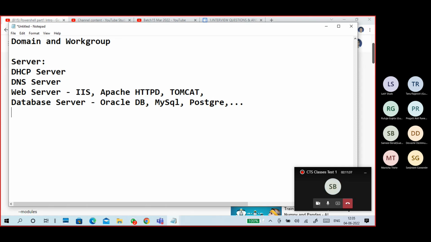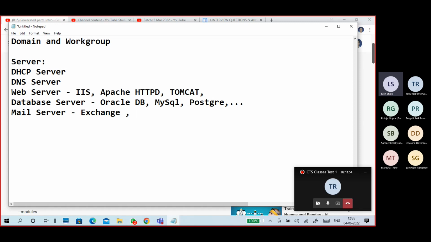Database server, web server, Exchange server, mail servers. By installing Exchange, it becomes a mail server.